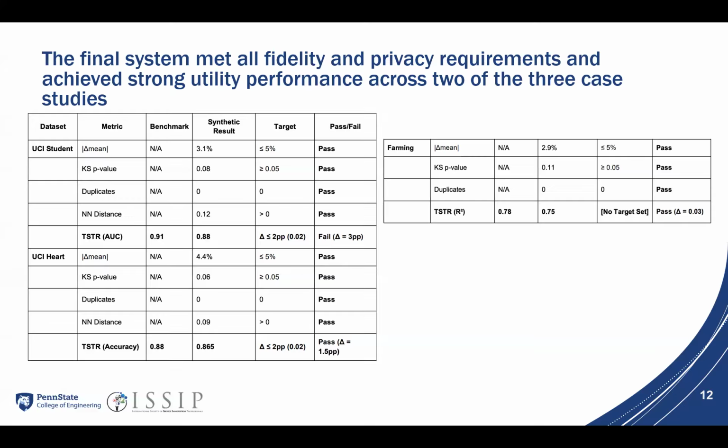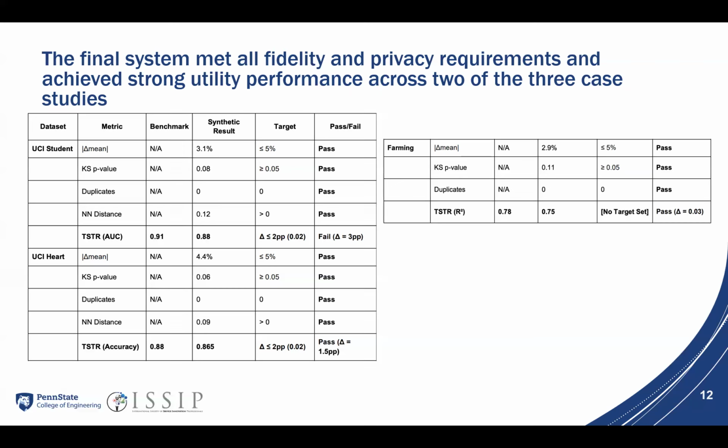The most important section of this table is the bolded utility rows, which represent our utility metric for each case study. For the heart disease data set, utility passed with a very small drop in accuracy, 1.5 percentage points. This is a strong result, especially for a clinical data set, and shows that the synthetic data preserves the pattern